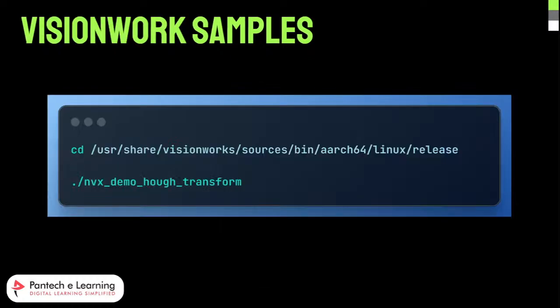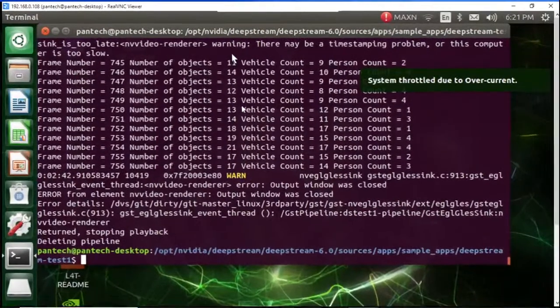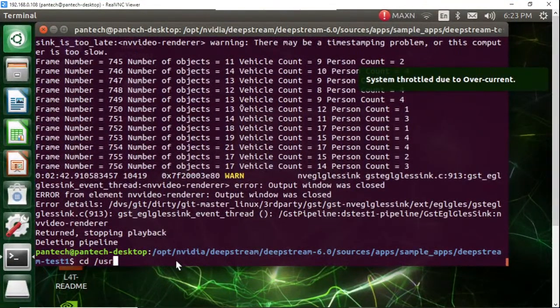So Jetson provides some samples, VisionWorks provides some samples. Let us see. You have to change your directory to /usr/local/cuda, and then you have to copy and use this particular thing. For example, let me just show you guys. This actually takes nearly 20 minutes. First, let me just go back into usr. Okay, so let me just share my screen as well for you guys. So let me go back into usr, local,